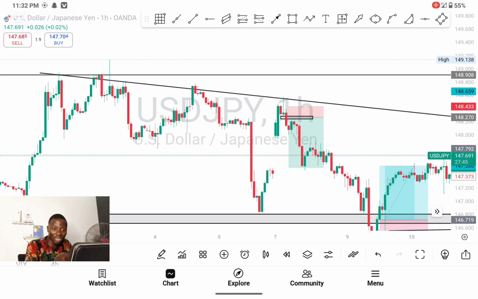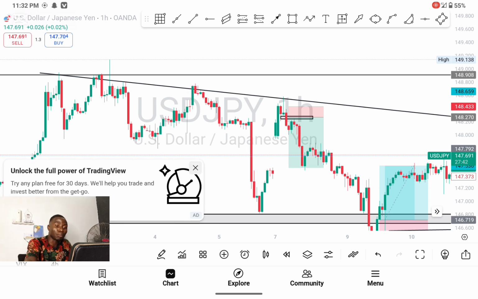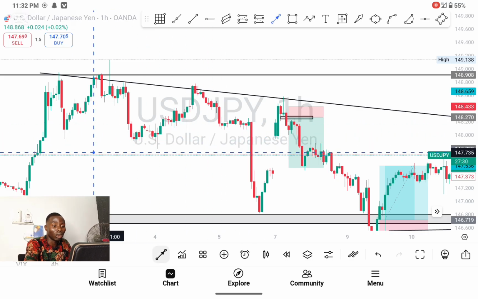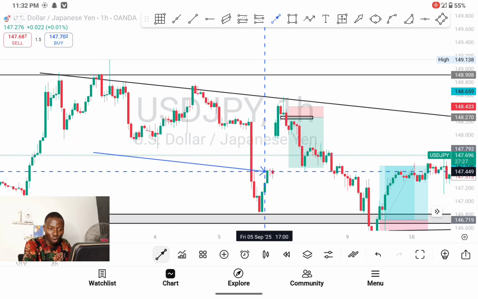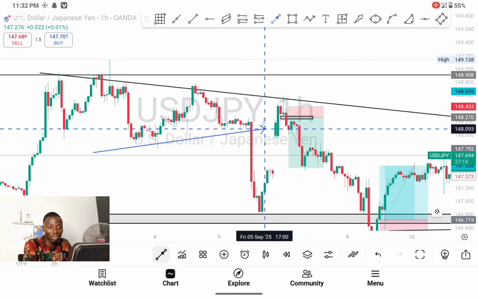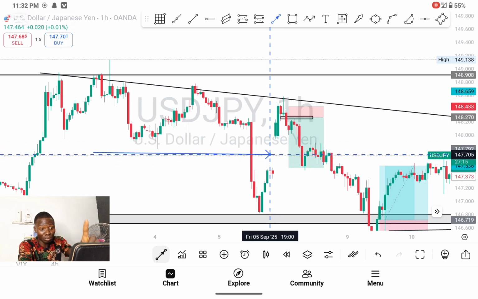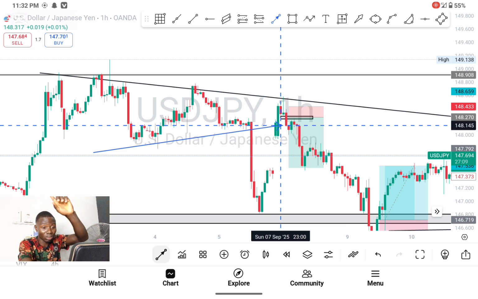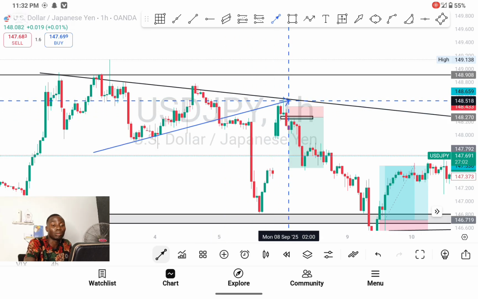When I was learning this strategy new, when the market opened with a gap, I would just rush to enter, for buy or for sell. Like this one that happened in USDJPY, I look at it here. The market cut from this level up here before it found something. If it was me when I was learning this new, the moment I saw a gap, I would just enter for a sell, thinking that it will come and fill the gap. And wherever my stop loss is, it will come and hit me out before going in my favor.